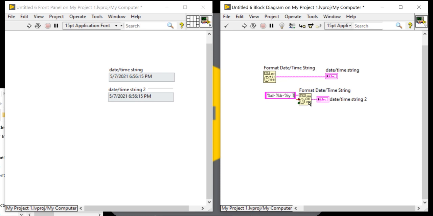Time: percent capital H, percent capital M, percent capital S, and run.